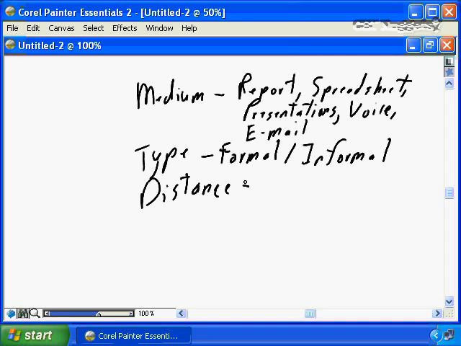Sending email gives you the benefit of instant communications while still allowing it to be stored and processed the next morning when the person is awake after being asleep based on the 12-hour distance. So distance and time zones are also issues that you have to be aware of as you're putting together your communications process